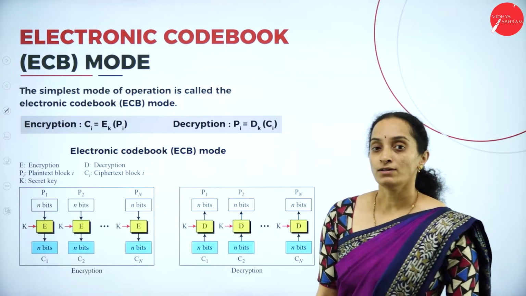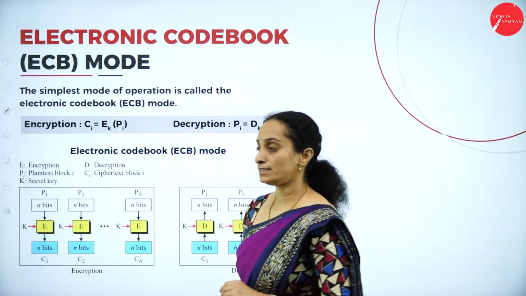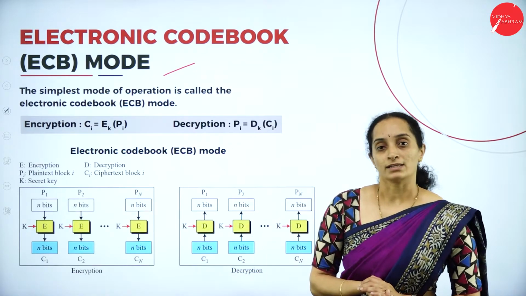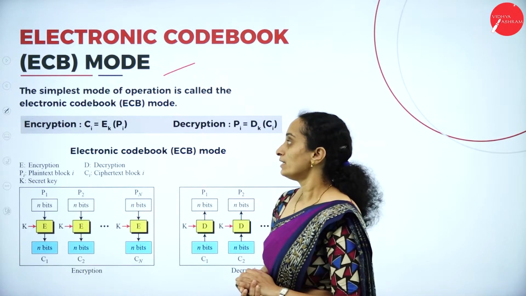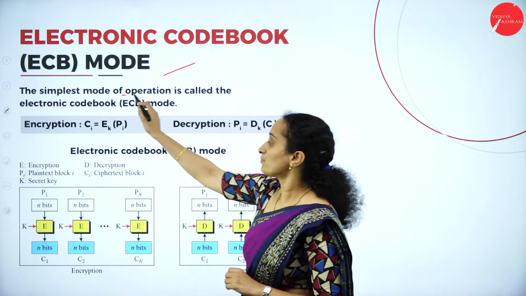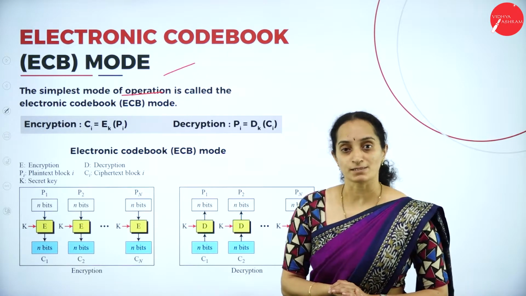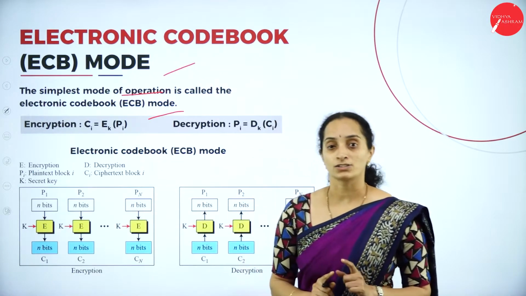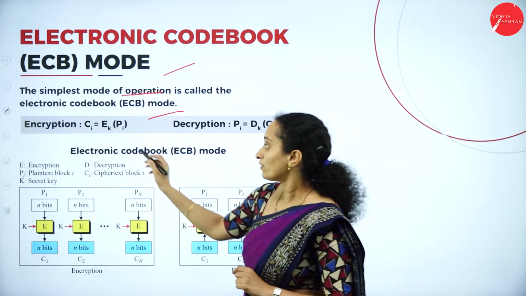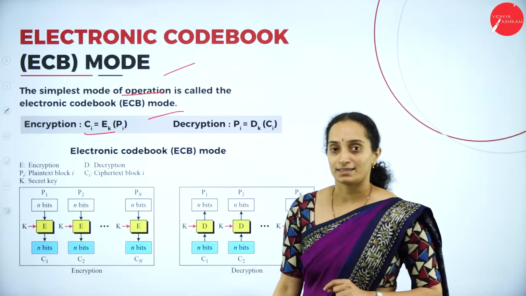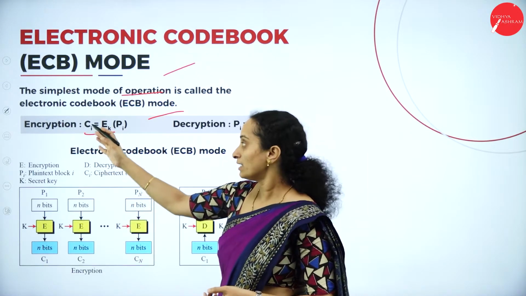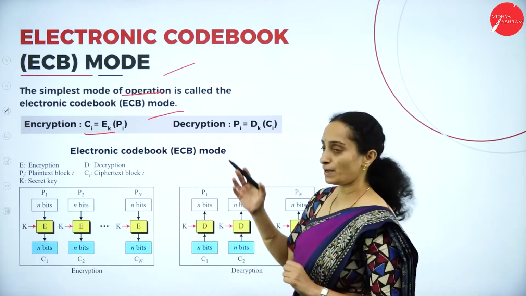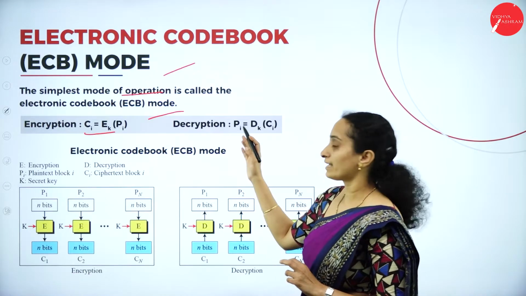Now let's check each one of them in detail. The first is the ECB mode, or the electronic code book mode. This is the simplest mode of operation, which is called the ECB mode or electronic code book mode. The encryption method is like this, as we show in the expression. It uses multiplication of the encryption key with the plain text character, and decryption will be